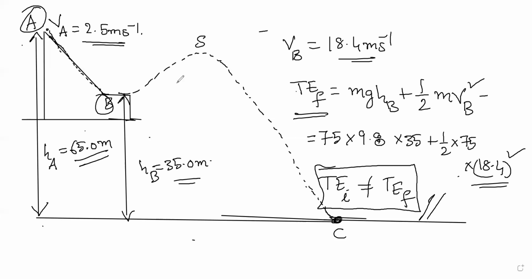However, it is not conserved because there is some frictional force acting between the skier and this surface, the ice. So that frictional force is causing the non-conservative force. Whenever you see a non-conservative force acting on the system, the energy conservation will not work. That's most important. So that's the reason the work energy theorem comes in. So how to account for the non-conservative forces is what it says.